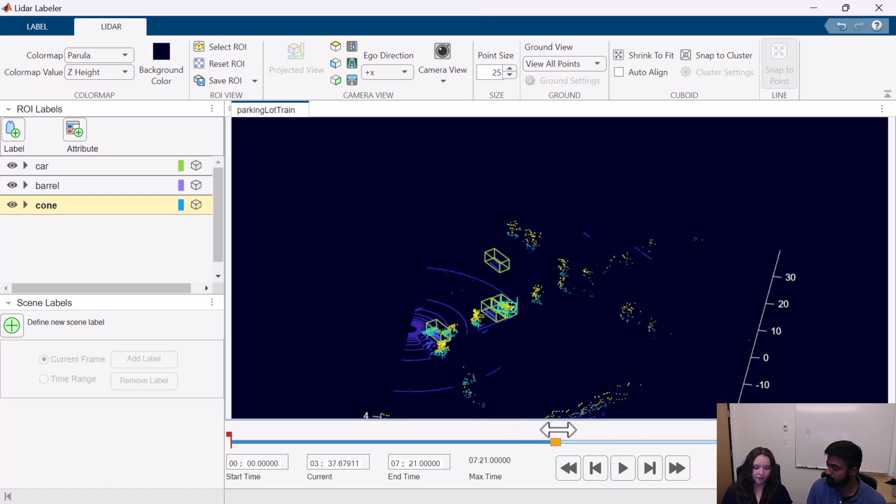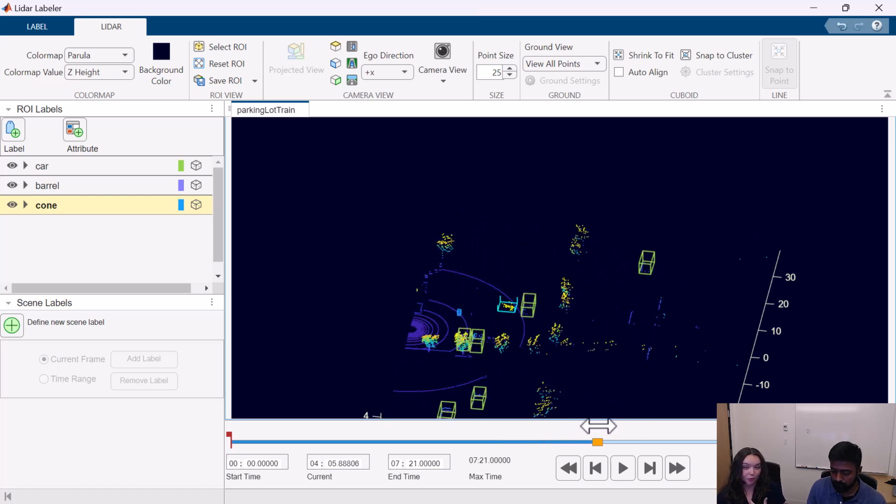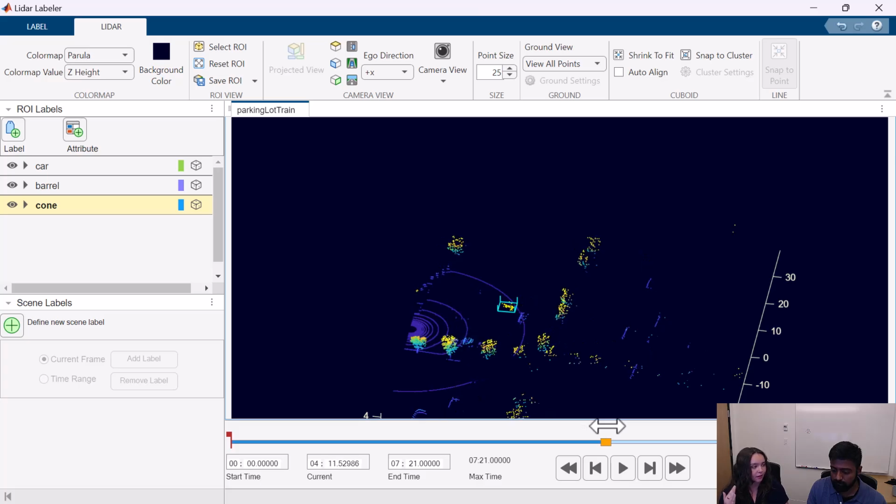And you'll see that sometimes there's an object that maybe we know is there, but the points aren't there because it's blocked by a tree or something, and those aren't labeled. So I've just labeled the objects that have enough points to be detected and identified. Yeah, and that is important because if you label something that the LiDAR can't see, then the object detector is going to think that an empty space means that's a car or that's a cone, which is obviously bad news. So you'll have to play around with what you do label and what you don't label in terms of how many points are in that object.